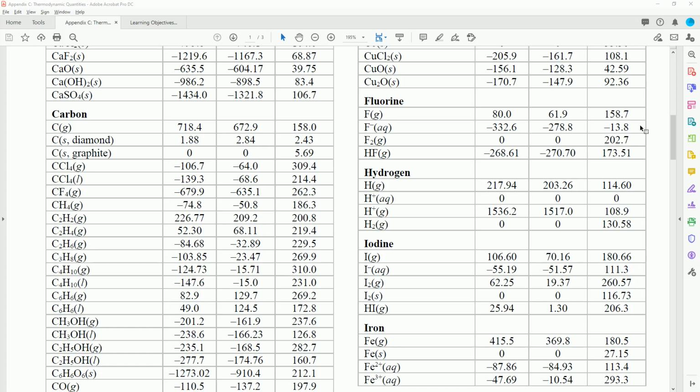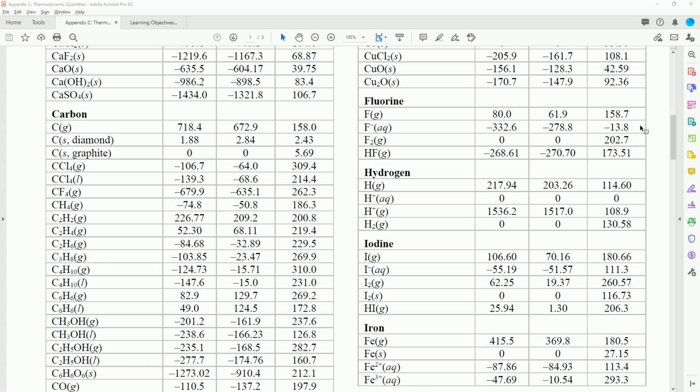That's our enthalpy. Our Gibbs free energy, negative 270.70, also in kilojoules per mole. And then finally, for our entropy, 173.51. So 173.51 joules per mole